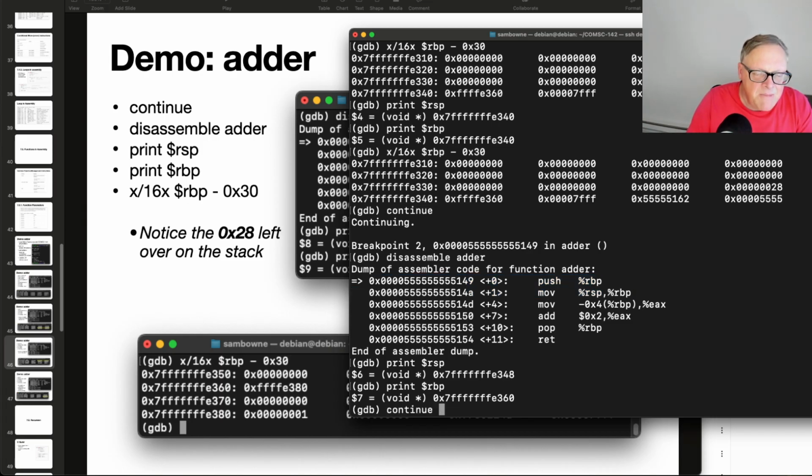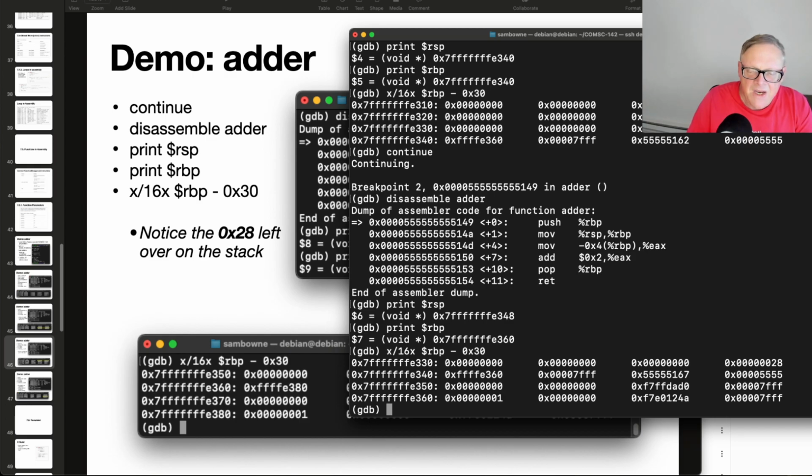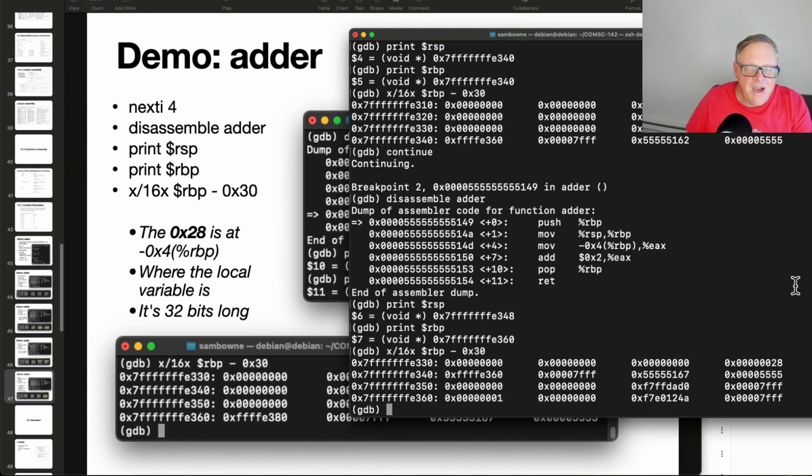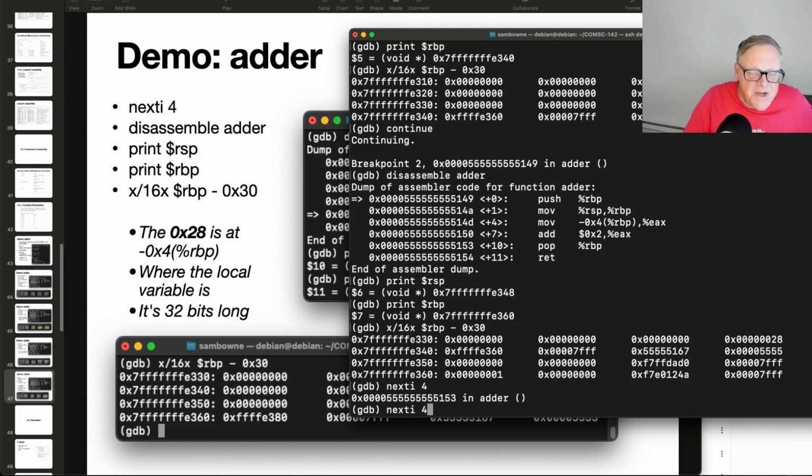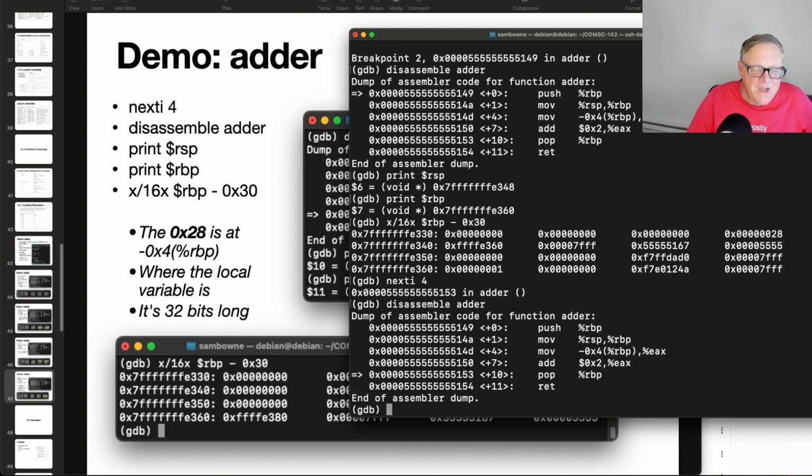So if I examine the memory here, okay, there we are, and there's the 28 left over from before up here. And so now if I move forward again with next I, 4, and disassemble again to see where I am, I'm now down here, so I have taken data it found on the stack and put it in EAX,